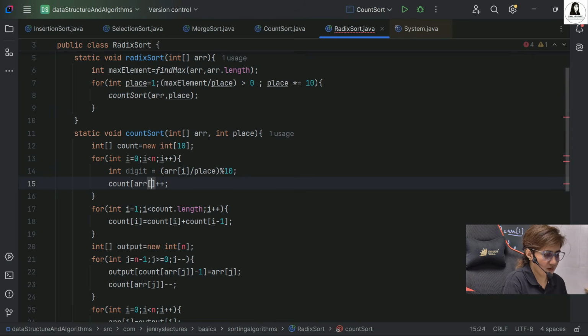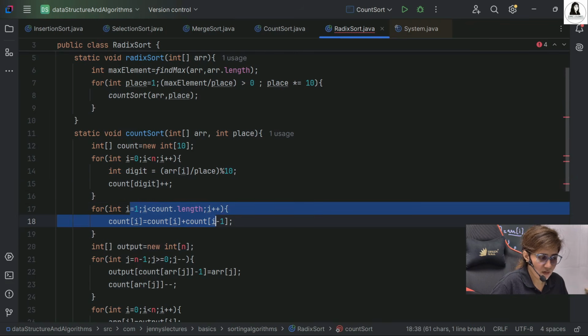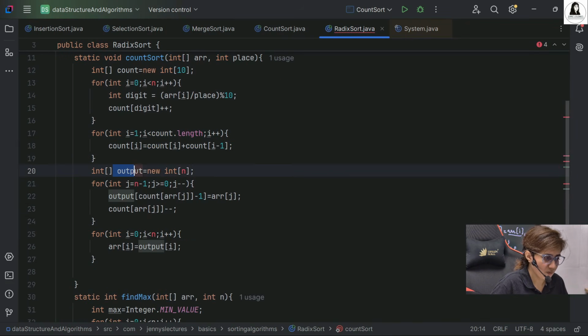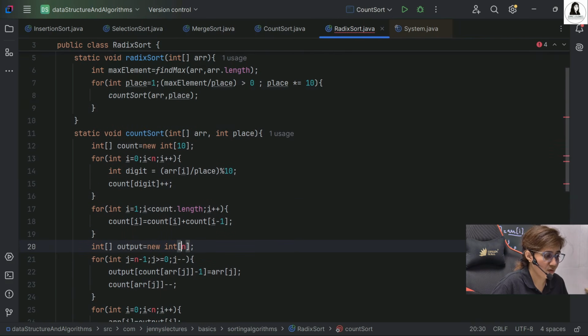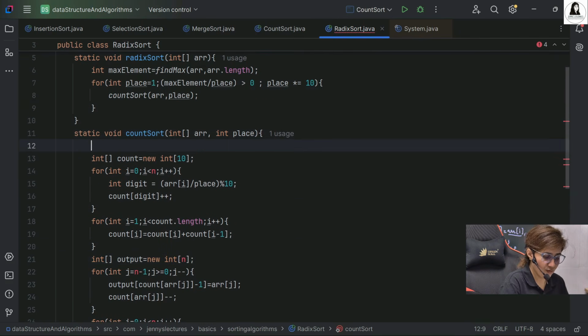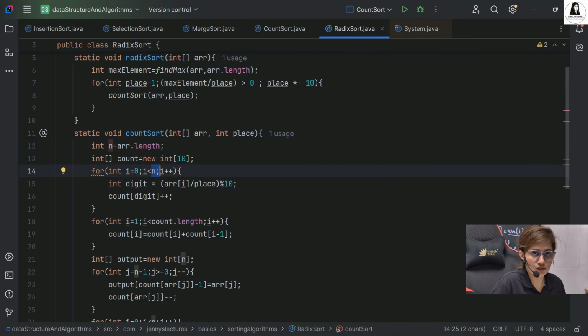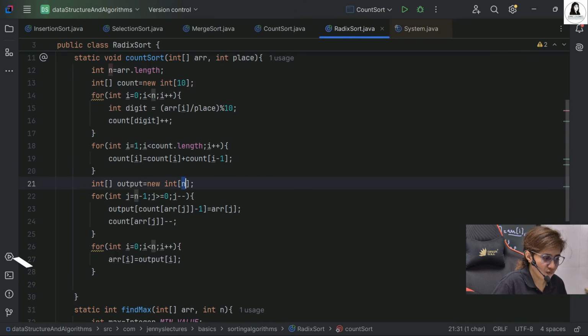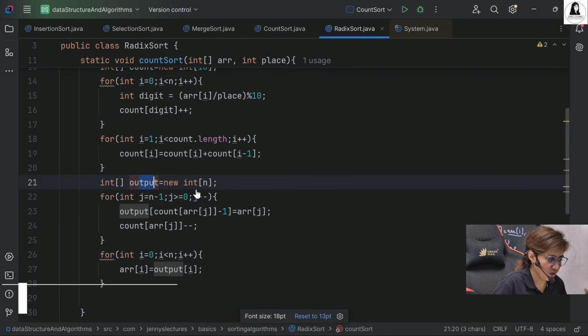So after getting the digit at that index value in this count array, just do plus plus. At the start in the count array, everything is 0 0 0 at every place. Now, same as before, we updated the count array with this loop, that will be fine. We'll take a, okay, there is no n now. So let's find out here. Int n is equal to whatever array dot length, that is n. Fine. Because here also we are writing the condition based on n. Here also n, the length of the array, we create a second array, the output array.